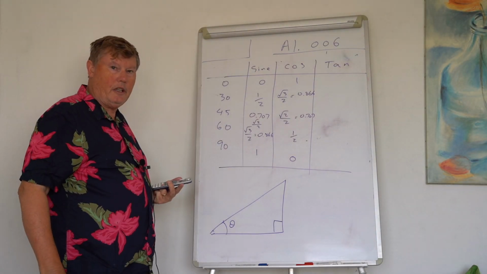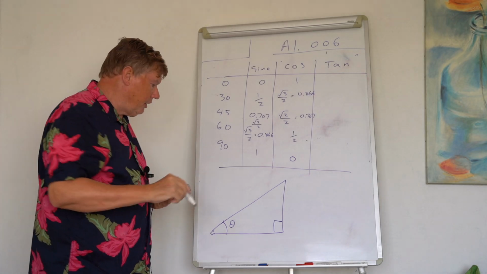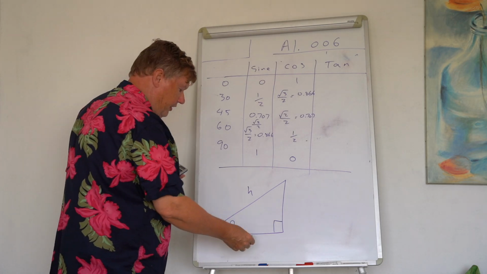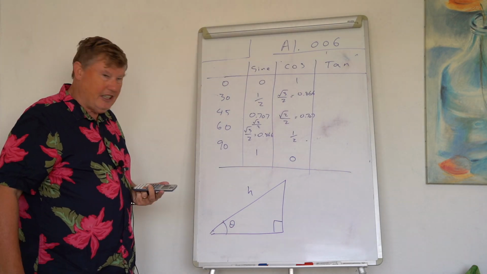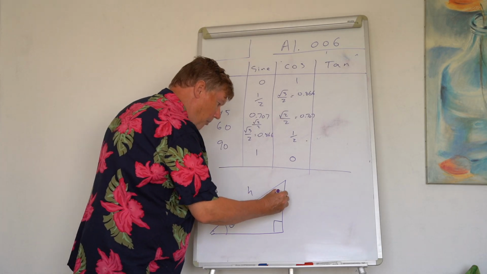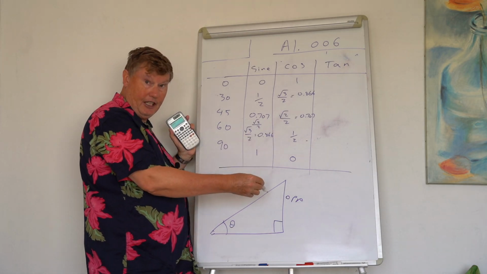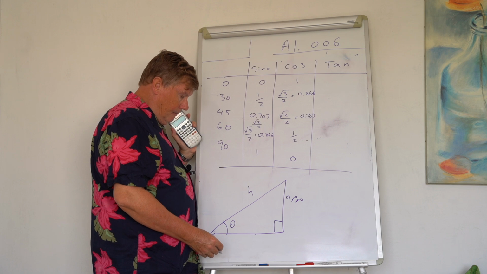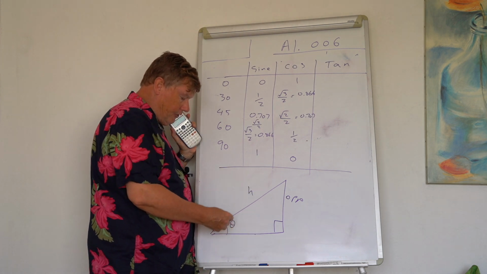Okay, so the last one is the tangent, and the tangent is the only one that does not involve the hypotenuse. It's basically the relationship between the opposite and the adjacent, and many students forget which way round it is. The easiest way to think about it is that the one on the top is the opposite, and as this gets bigger, the tangent gets bigger, because you divide the opposite by the adjacent. That gives you the tangent of the